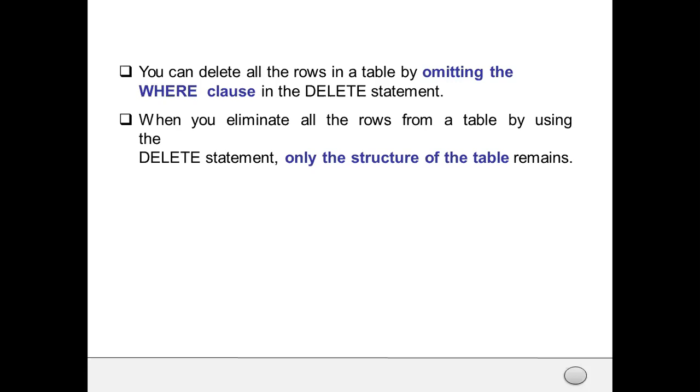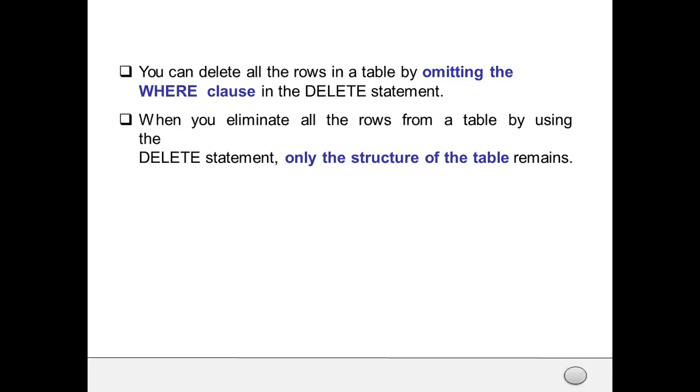Now, what is the difference between the DDL command drop table, which we studied in the last class, and the delete statement? If we use the drop table command, the entire structure of the table gets deleted.